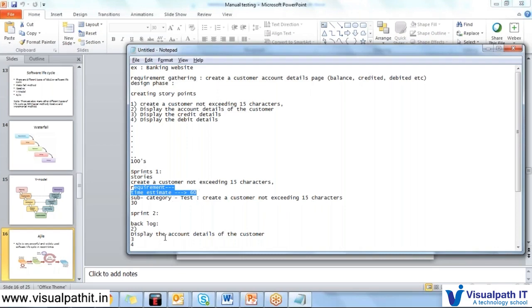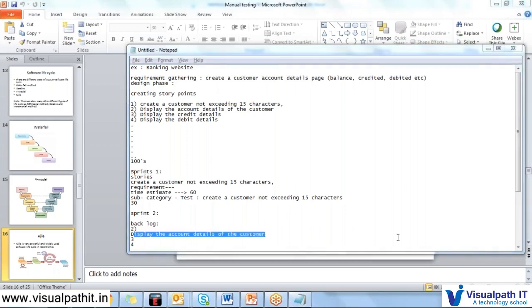So coming back to our point, this backlog, everything, so in sprint 2 what they do is, this has taken more time, this also they will add to sprint 2, and they will re-estimate, and in sprint 2 they create